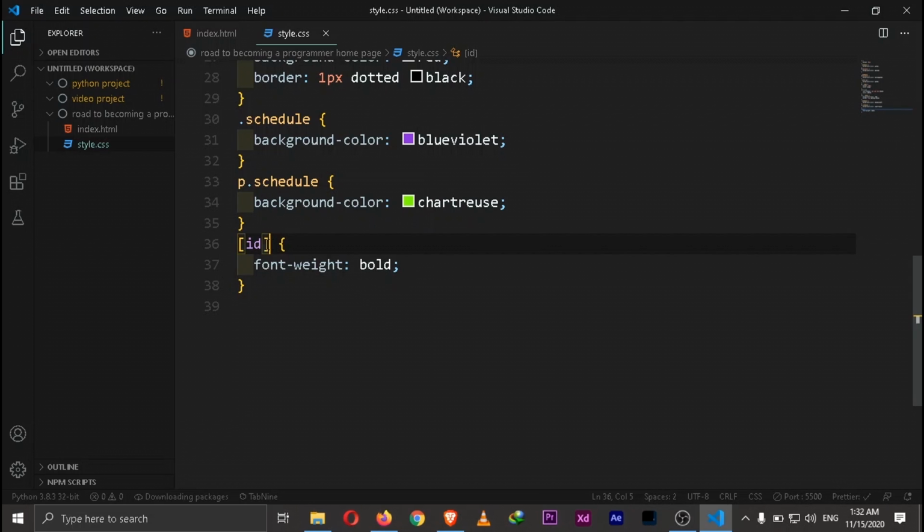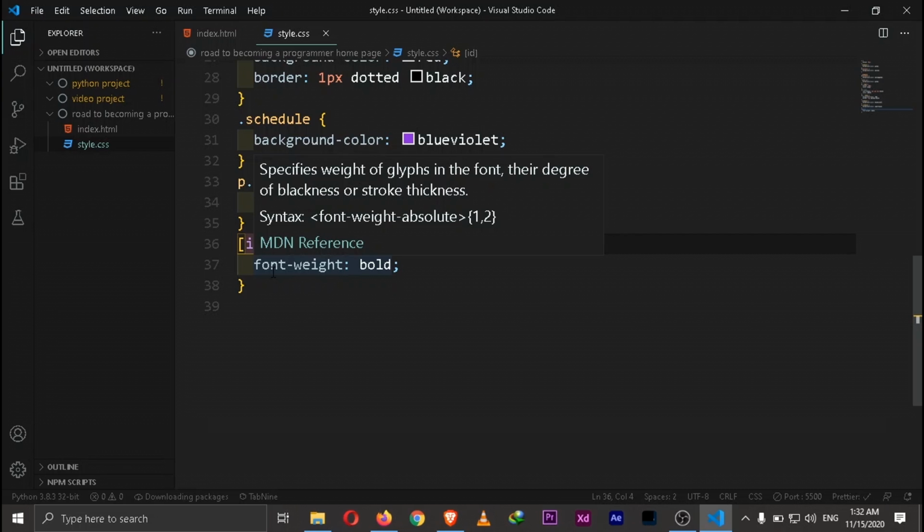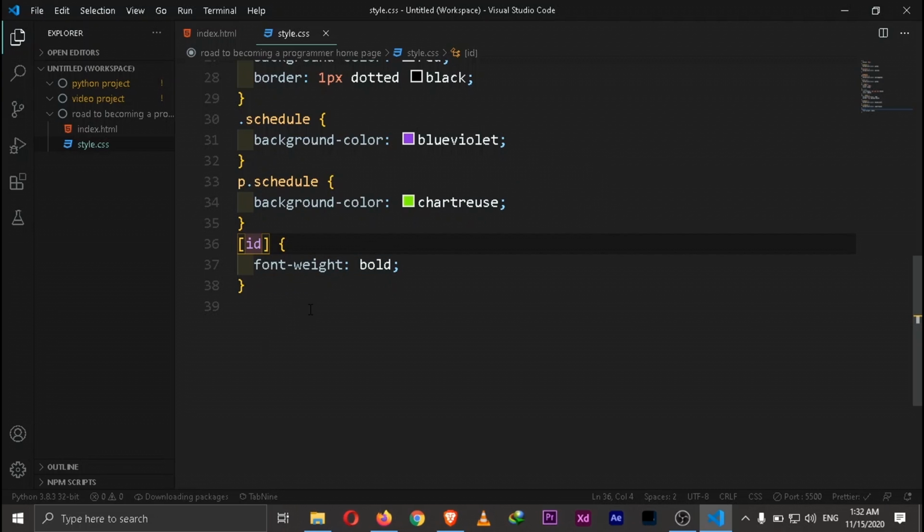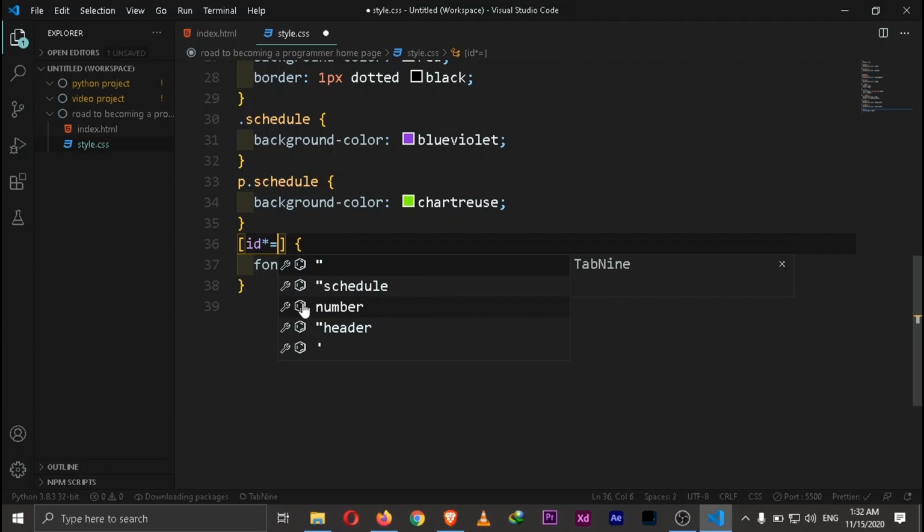But let's say this is way too general for us. We want to select our elements that have an ID, but not all of them, just some of them, right? Some of them that we'd like to style. So how do we do that? Well, there's a couple of ways of doing that. First of all, we can try it like this